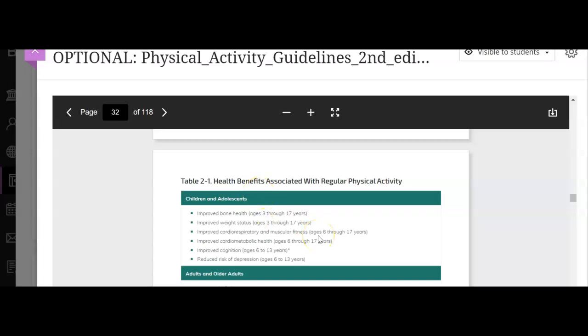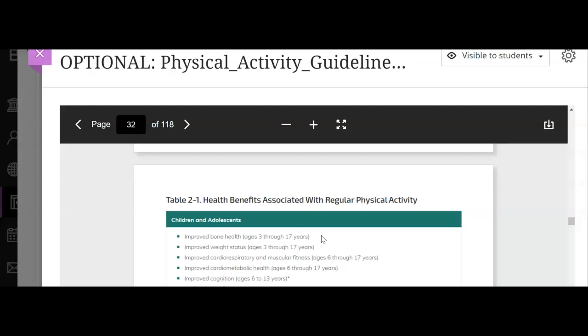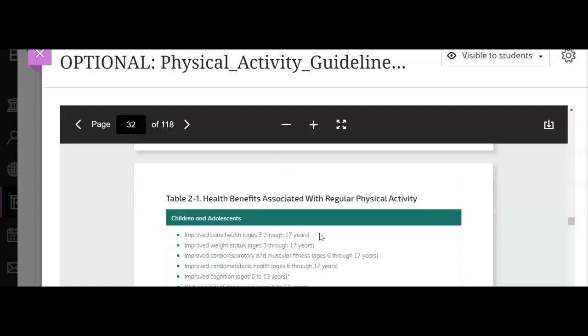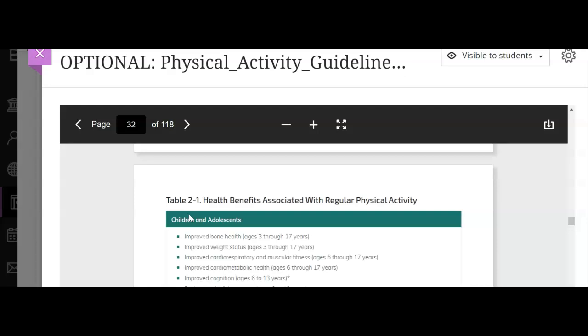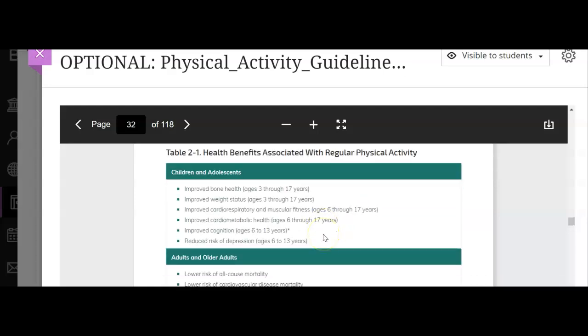Let me see if I can make this a little bit bigger for you so you can see. If you have your textbook open to 134, you're going to see that there have been updates made between 2008 and 2018. There are different guidelines. It starts with, what are the benefits for kids and adults to engage in regular physical activity? Now they have slightly different ones.